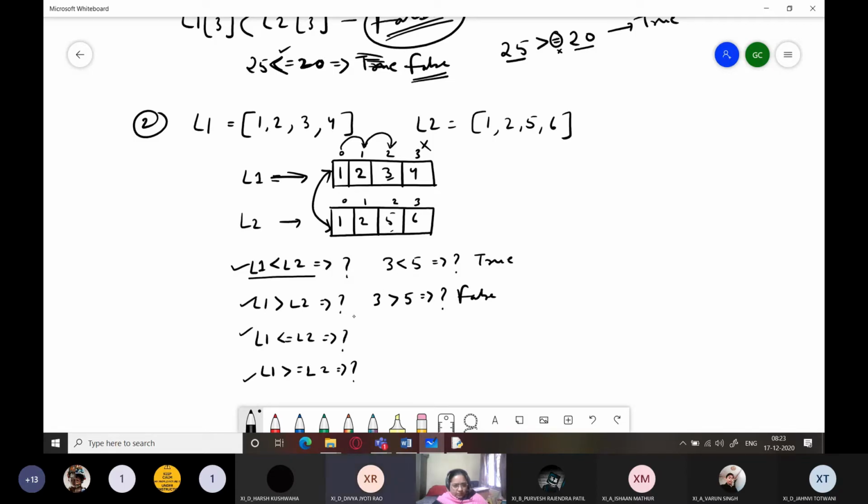It will be true only because we are going to proceed in the same way. Less than equal to L2. Now equal it is not. 1, 2, 3, 4, 1, 2, 5, 6. And number of elements is the same, but elements at corresponding locations are not same. So it will not be L1 equals L2, but I can check it for L1 less than L2, which will give me the same value, that is true. And L1 greater than equal to L2, that is also the same, that is false, because both the lists are